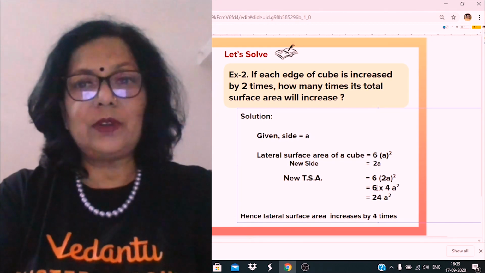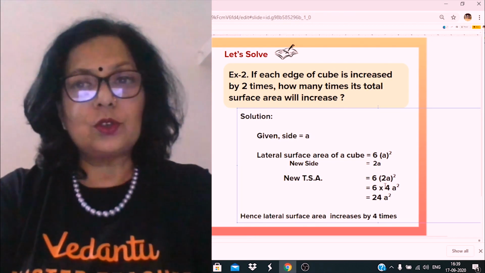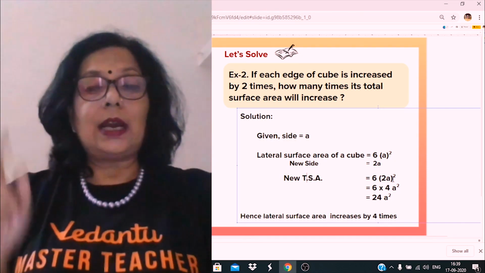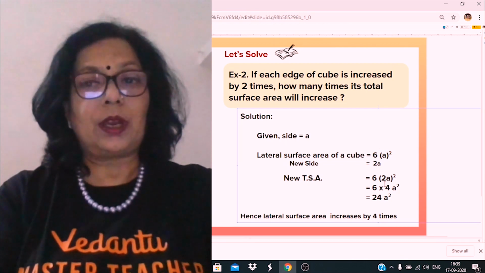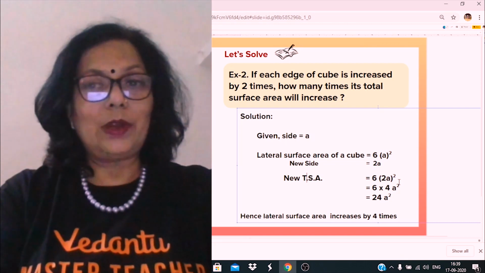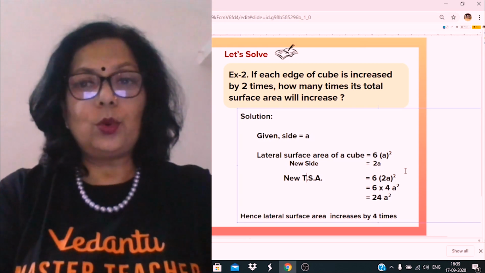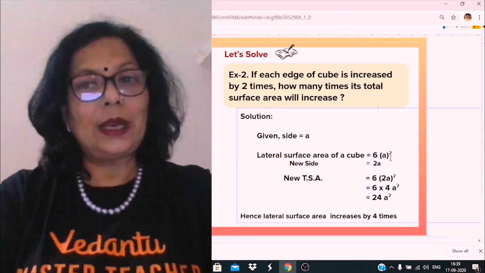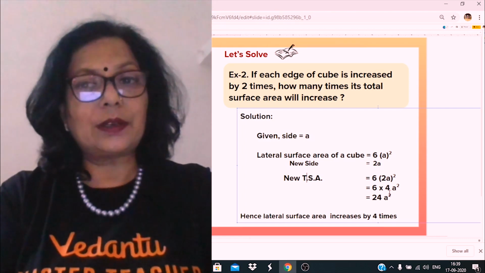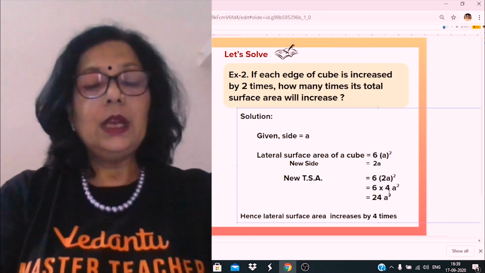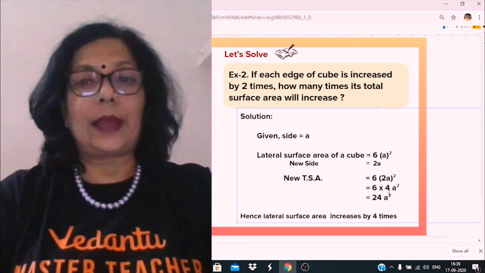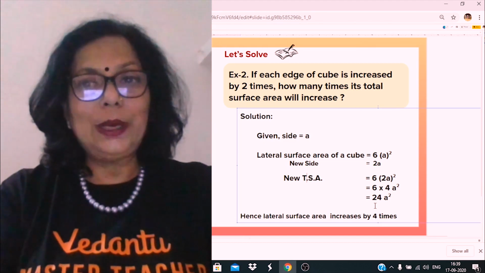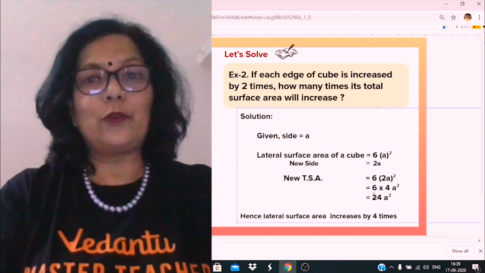So total surface area will increase 6 into 2a को ब्रैकेट में रखेंगे. a के ऊपर स्क्वायर नहीं लगाएंगे. अब साइड a की जगह 2a हो गई है. So keep 2a in the bracket. When you open the bracket, you get 2 का square 4 and a square. So 6a square तो पहले ही था. What factor has come over here? 4. So the area becomes 4 times. Otherwise also you see, पहले area 6a square था. अब भी 24a square है. So how many times? 4 times.